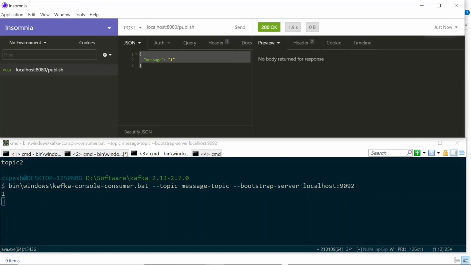You can see that the message which is published appears here on the Kafka console consumer as well. So let's try to produce another message, and you are seeing it here. So what is happening is that our Spring Boot application is publishing messages on this topic, and we can see those messages using the Kafka console consumer.